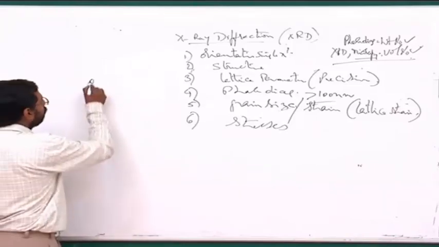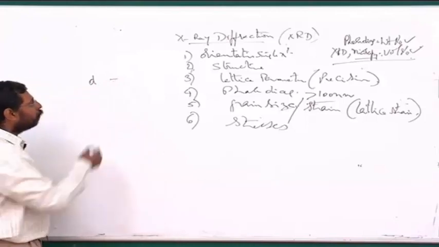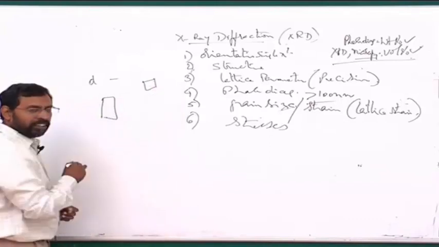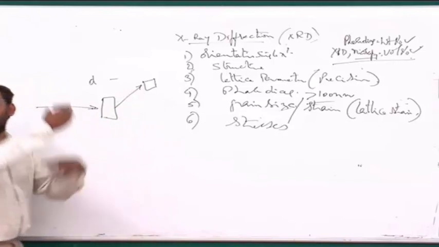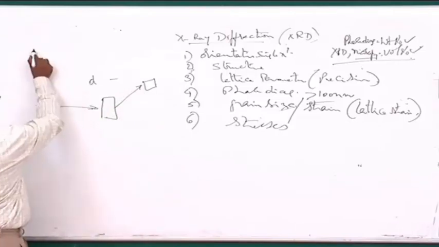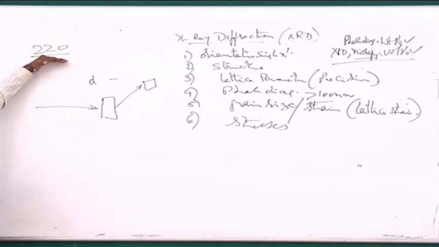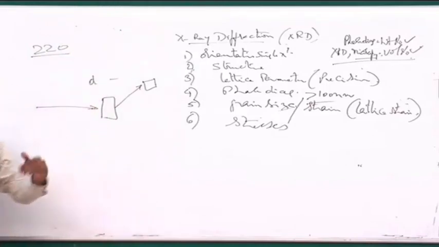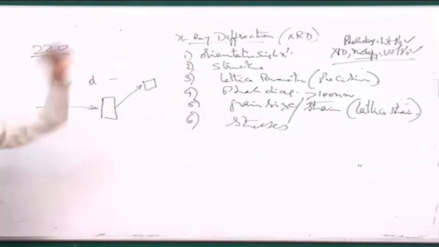Find out the d corresponding to a particular plane, and here what you do is you take the material and put your goniometer in such a way that for a given lambda the angle chosen is a very large angle. That means I choose something like a 220 kind of peak. Why do I choose this? Because the lattice parameter calculations are more precise if I use a high angle. As you have seen in precision lattice parameter, if I choose a higher and higher angle peak, I will always get a more precise lattice parameter.